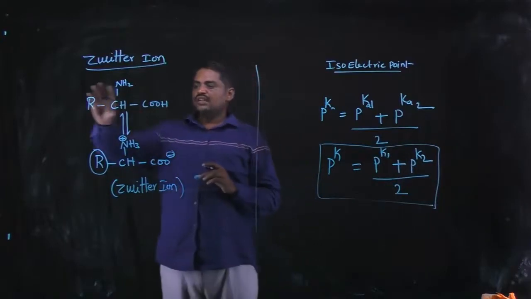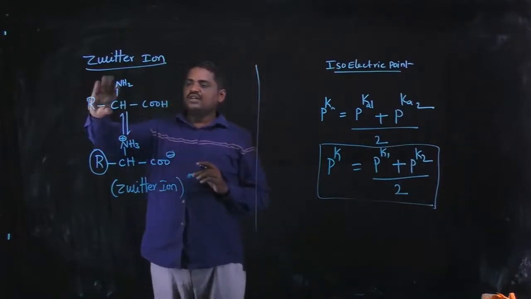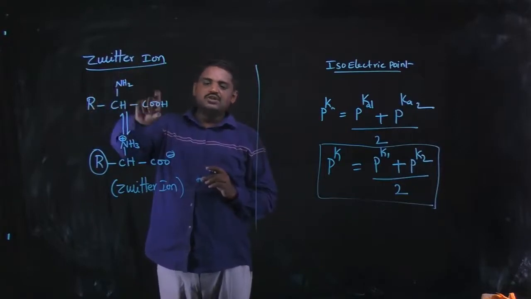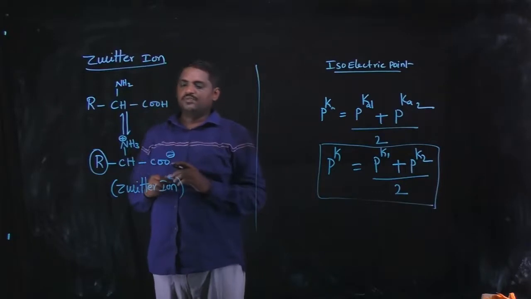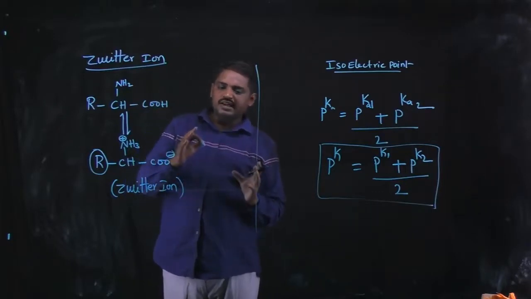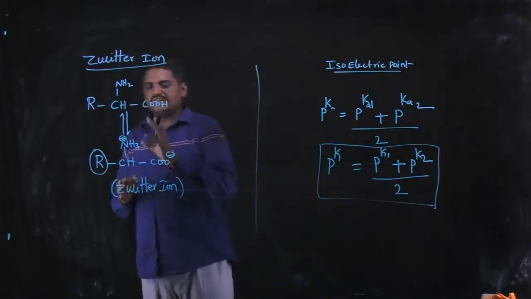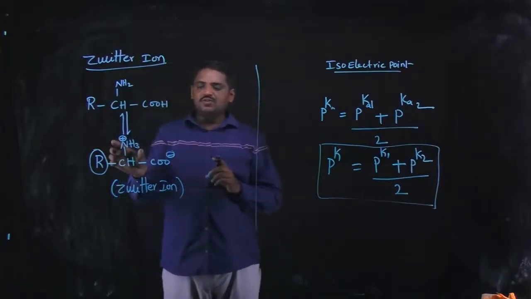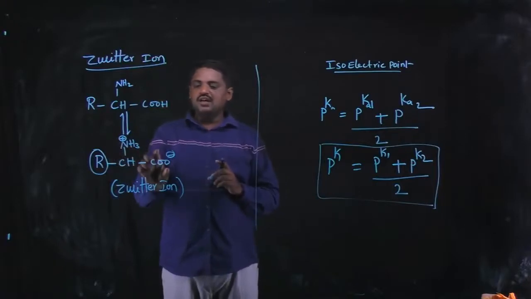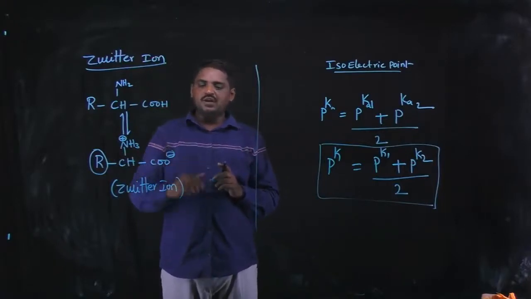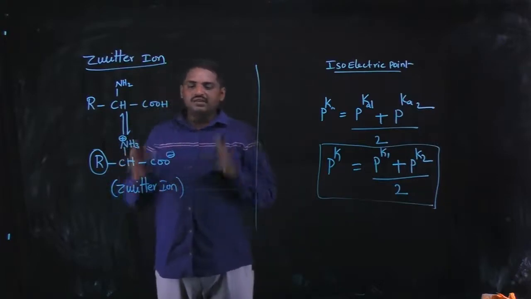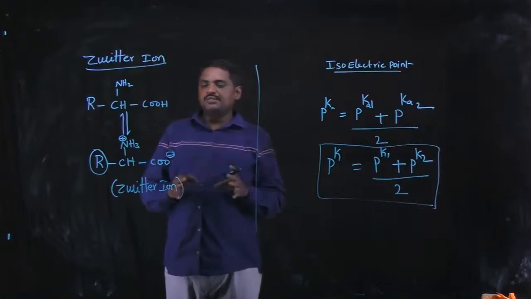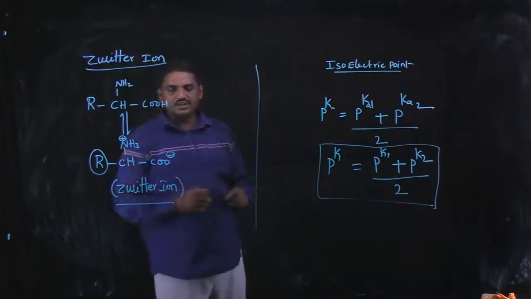The general formula is observed in this amino acid. R indicates the alkyl group, NH2 is a basic functional group, and COOH is an acidic functional group. The positive charged hydrogen ion is shifted from carboxylic acid to the NH2 functional group. So the NH2 functional group becomes a positive charged ion, and the carboxylic acid functional group becomes a carboxylate ion. Anyhow, the given molecule contains both a positive charged ion and a negative charged ion. This type of ion is known as a Zwitter ion.